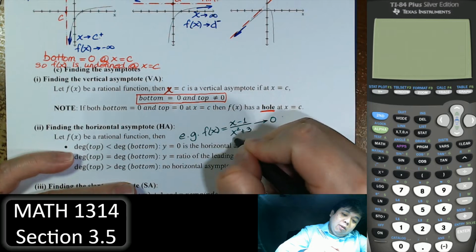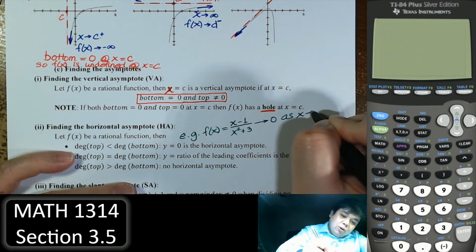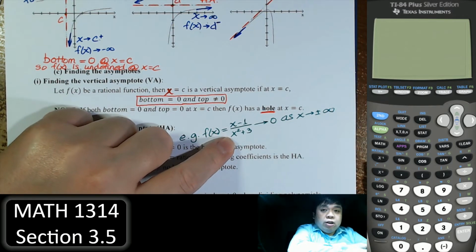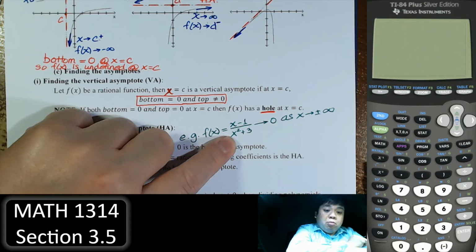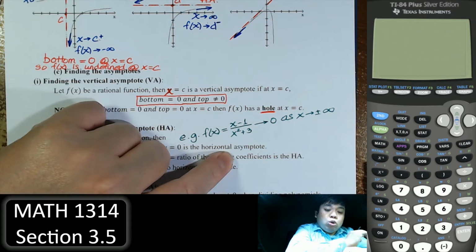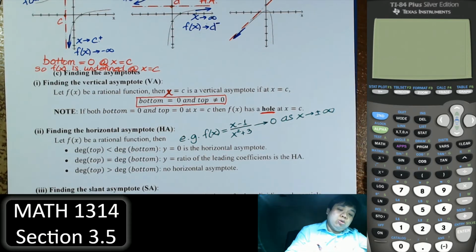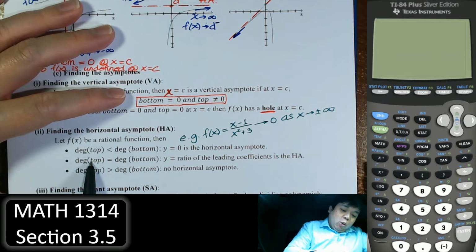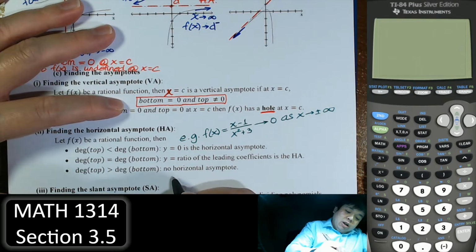If the bottom, as x goes to plus or minus infinity, because when x goes to infinity, the bottom will go to infinity faster than the top, because it has the higher degree than the top, so it goes to infinity faster. And since we divide by a bigger and bigger number, we get a smaller and smaller quotient, essentially going to 0. Right? And when degrees are equal, we just divide the leading coefficients, and when the degree on the top is bigger,